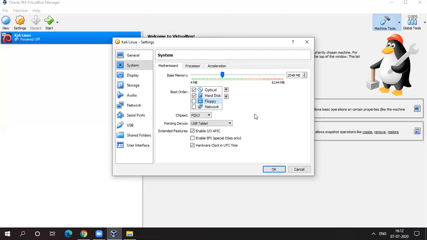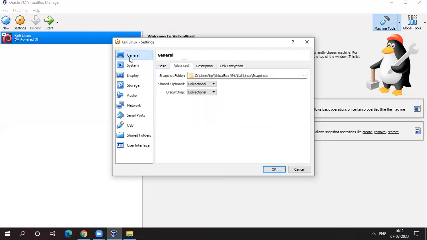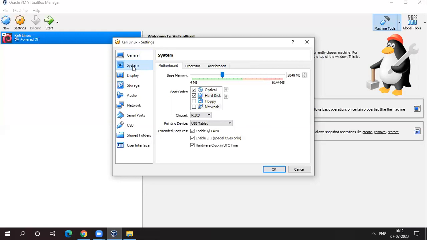After that we have to enable EFI, that is special OS only, and the memory size will be 2 GB, right? So now we have to click on OK. Okay, system is done.